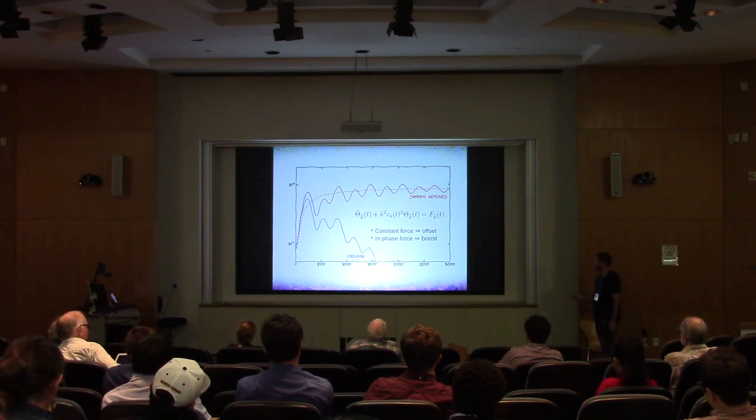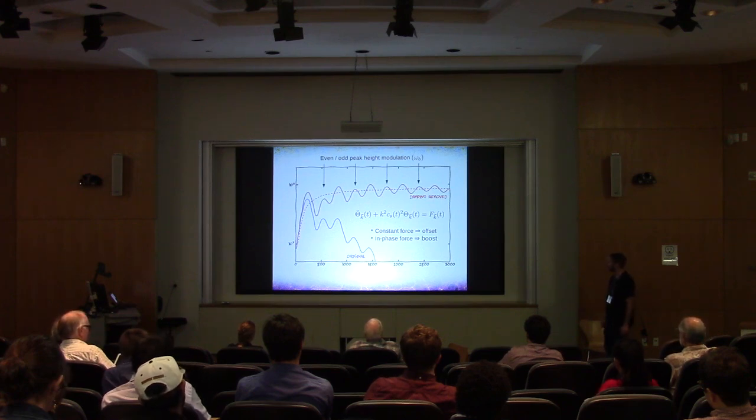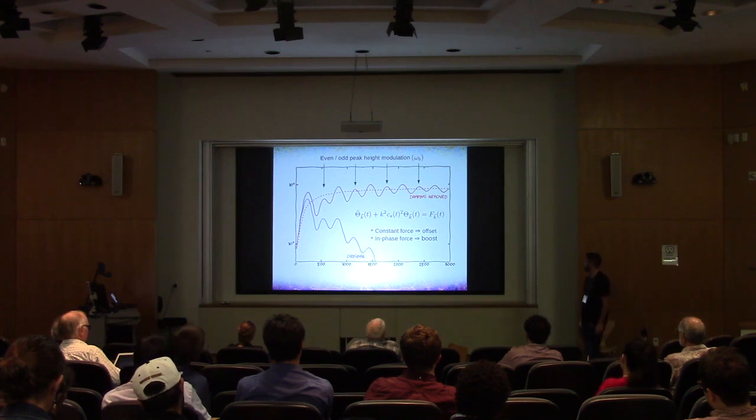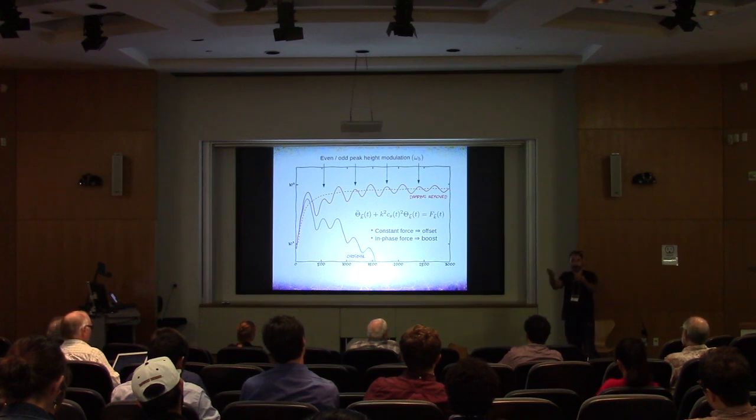So that comes into explaining why these even and odd peaks appear to be, the odd peaks appear to be lower than the even peaks. And that's coming from the fact that basically gravity is coming in as a driving force. It's shifting the 0 point of this oscillation, which then to look at the power spectrum, you square it. And so basically every other peak, the ones that were positive are going to be bigger, but then the ones that were negative squared will be smaller. And the amount by which that